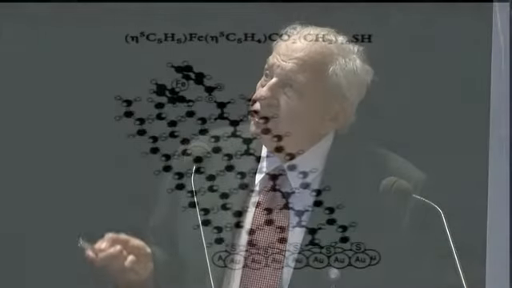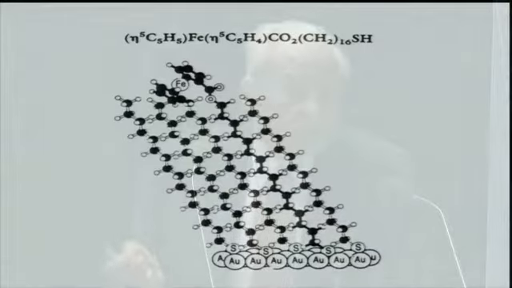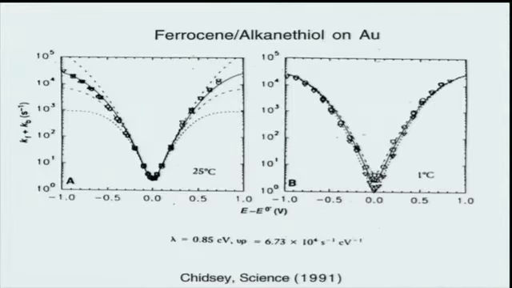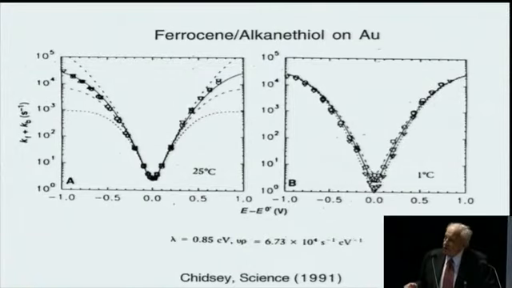And you remember that effort for the longest time was nothing. When you had a reaction that was sufficiently fast that it might get into the curve region, all of a sudden diffusion control took over, and so you weren't studying electron transfer as a slow rate anymore. And then you remember that Chidsey came along, with one of these thioalkane surfaces and a ferrocene there, and now there's no diffusion. So now that's not a barrier, and you remember he found these curved plots in this paper in Science in 1991.